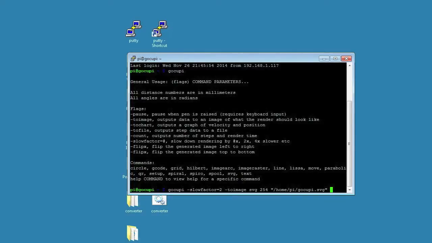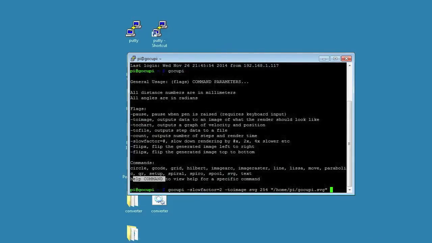Well, if you use the help command under SVG, there are two ways that you can draw an SVG, and there's top and then there's box. Now top will scan from the top of the SVG down, and the first end of a path that it comes across on the left hand side. So if there are two paths that start at the same height, it'll choose the one on the left, and it'll start from there and continue drawing.